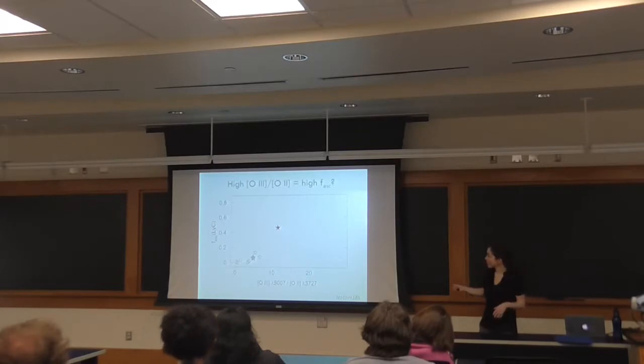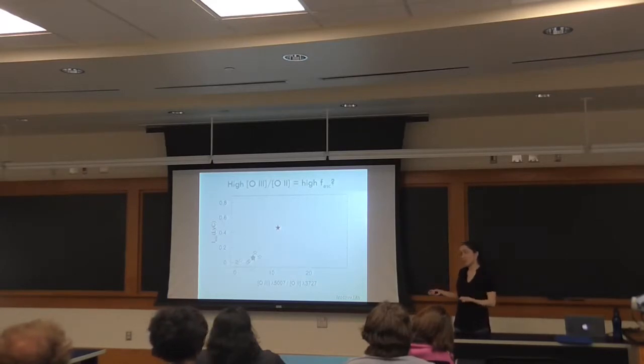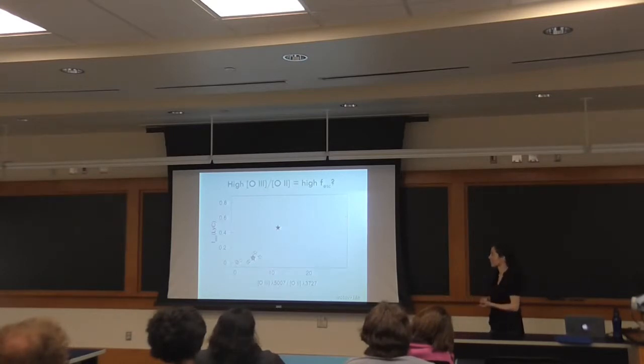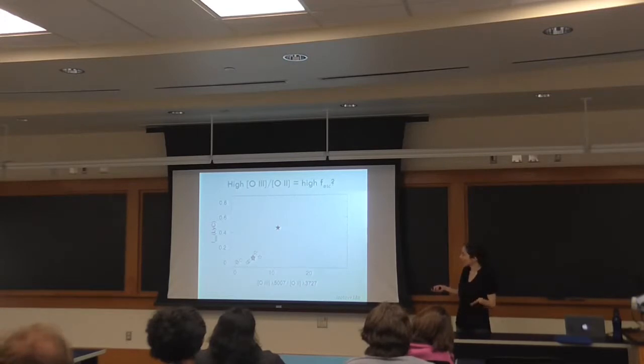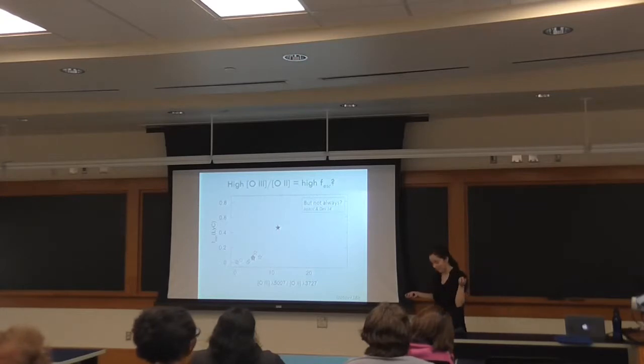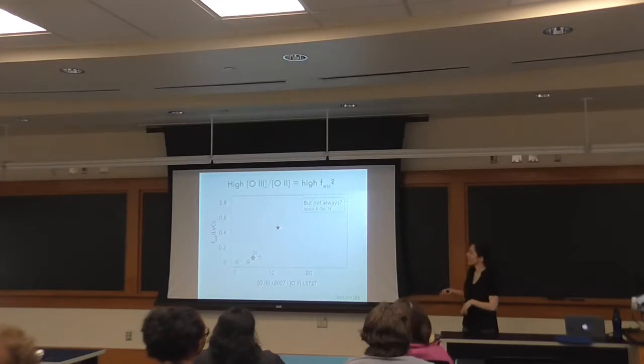So initially, it seemed quite promising that this O3-to-O2 ratio would be a great proxy for Lyman continuum escape. These were the data that had first come out in early 2018. But then, as a few more points came in, remember even in the sample of 4 that I showed, only 2 were actually promising candidates. And sure enough, as more data has started to come in, this is how this plot